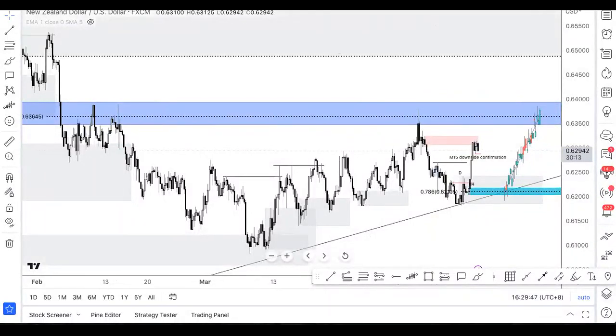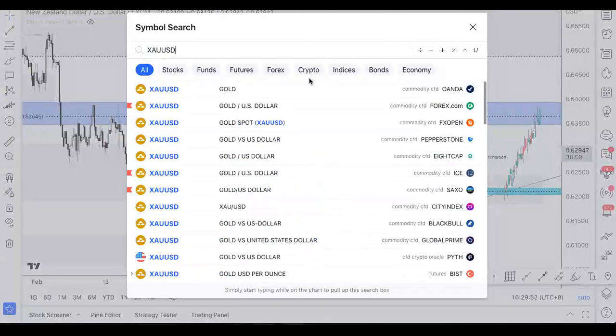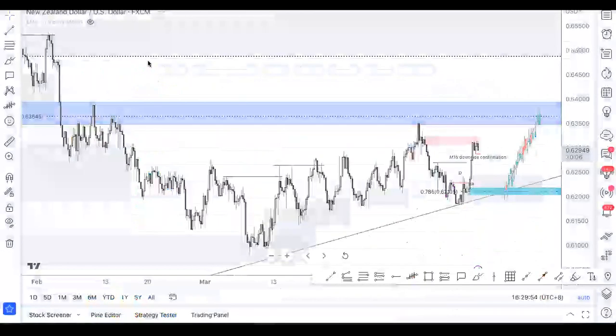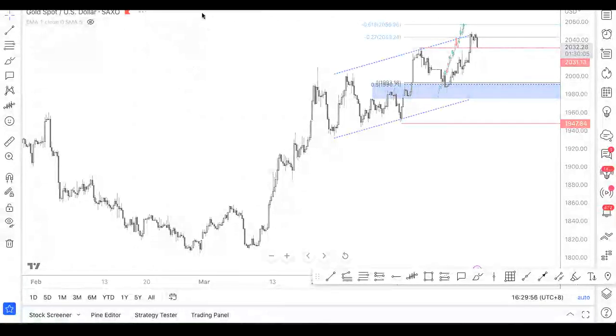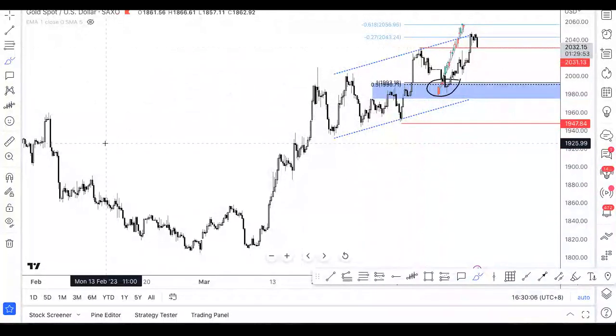Let's take a look at gold. And if you guys have any chart requests as well, do put them under the tab. On gold, gold has been pushing up very strongly. You can see the previous region, so previous call on gold. In this support region, price continued higher. You have an ascending channel that's being formed, and right now gold is at the resistance of this ascending channel. So if you draw this ascending channel,